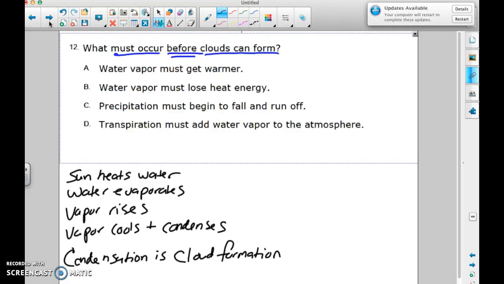All right. Water vapor must get warmer. Is that what I said? No, it is not. Water vapor loses heat energy. Now, I did not call it that. I said that is cooling. I'm liking this answer. Precipitation must begin to fall and run off. Now, that is when clouds kind of go away. Transpiration must add water vapor to the atmosphere. Now, there are two decent